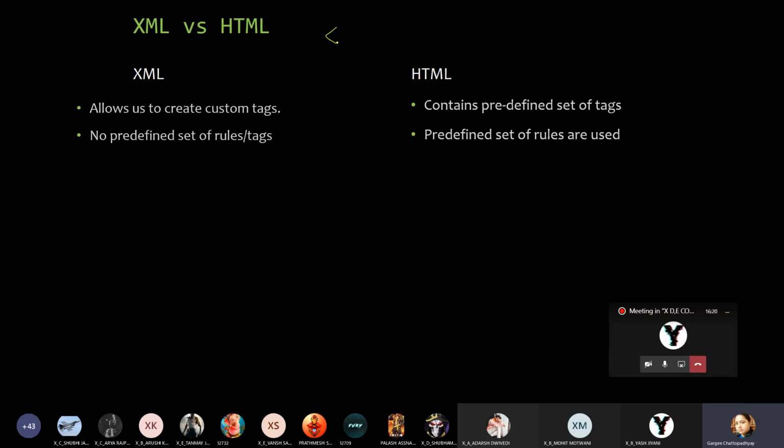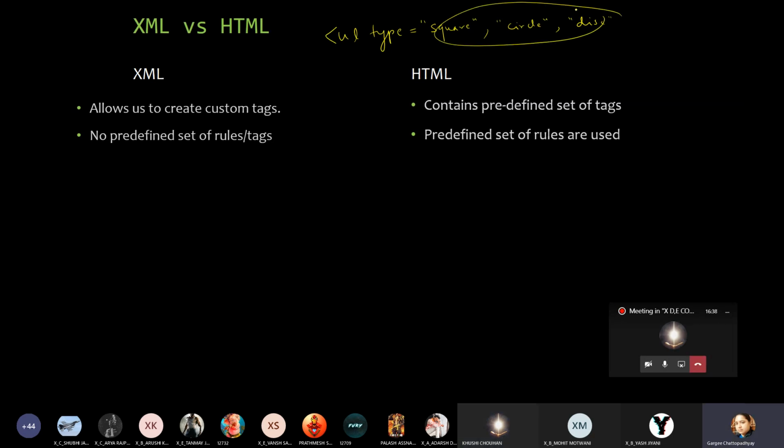For example, if I give UL type, what are the various options? Only 3 options are there. You can use either square, or you can use circle, or disc. Only these things you can use. And if you want some custom bullet, you will have to make use of CSS.